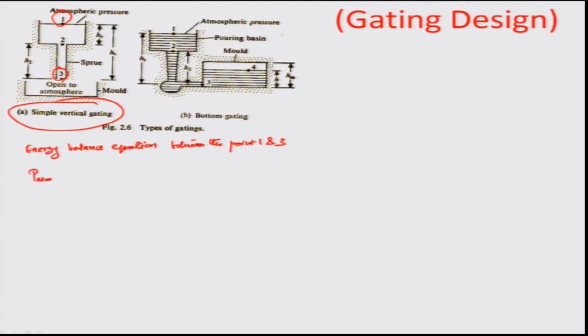So, let us write P atmosphere divided by rho g. That is the pressure head, rho is the density of the liquid material, g is the acceleration due to gravity, plus the